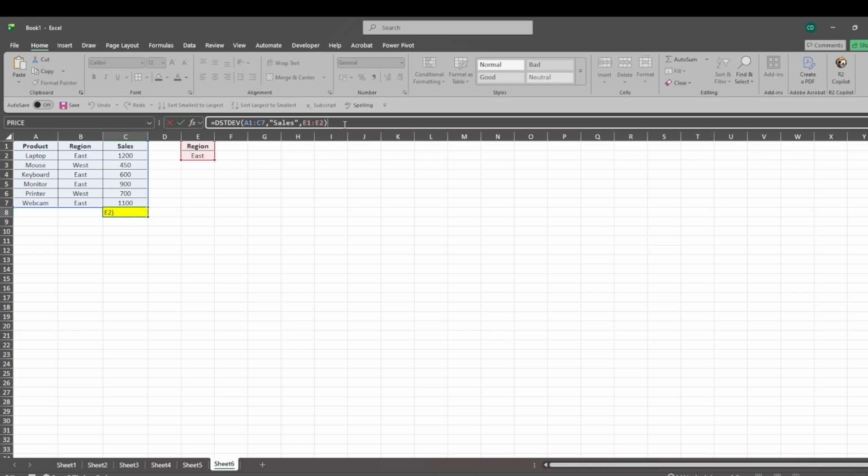In the cell where you want the result to appear, type this formula: equals DSTDEV, open parenthesis, A1 colon C7, comma, quotation mark, Sales, quotation mark, comma, E1 colon E2, close parenthesis. So the full formula is =DSTDEV(A1:C7, "Sales", E1:E2). Then press Enter. Excel will return the sample standard deviation of the sales values, but only for the rows where